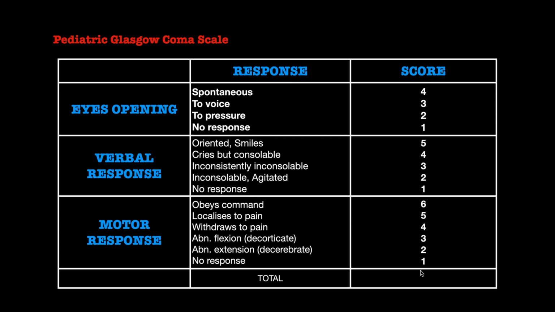A score of 9 to 12 reflects moderate head injury, and a score of 13 to 15 indicates a mild brain injury in the pediatric patient. Also, as in adults, moderate and severe head injuries often result in significant, long-term impairment as compared to